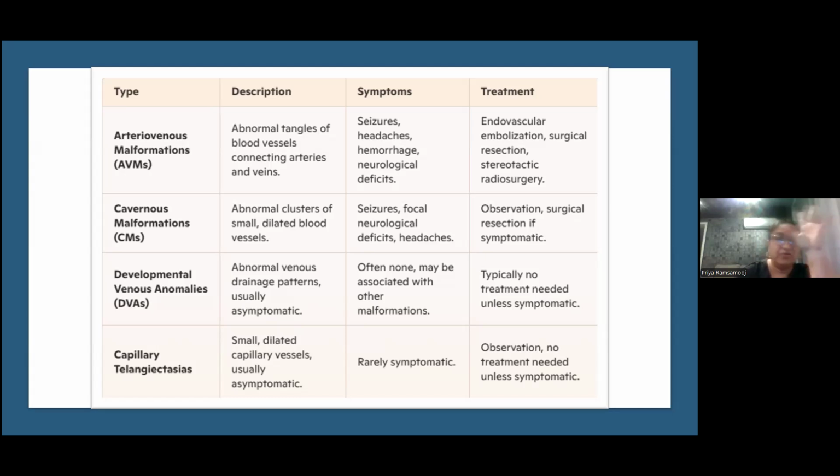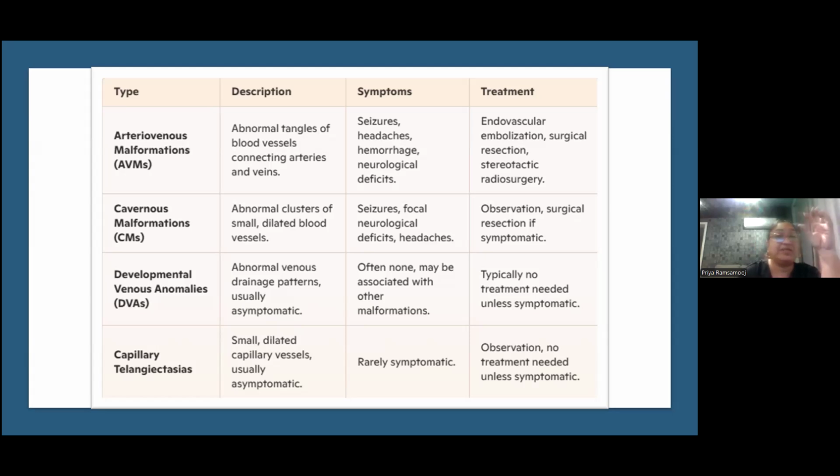So that at least if we don't walk away with anything, we could walk away learning this. AVMs, that was where they had that nidus, the abnormal tangles of blood vessels connecting your arteries and veins. And remember, we went through the symptoms and the treatment. You can do endovascular embolization, surgical resection,